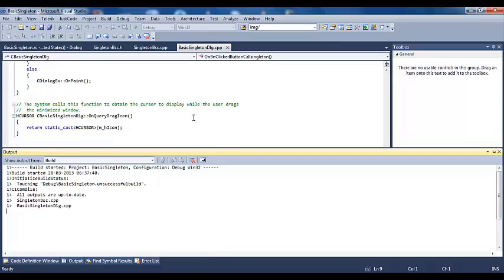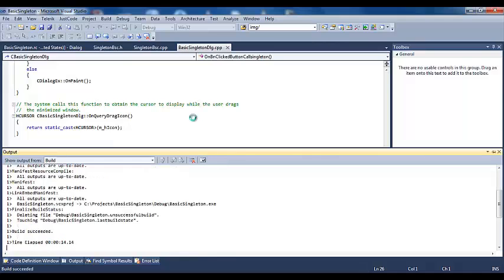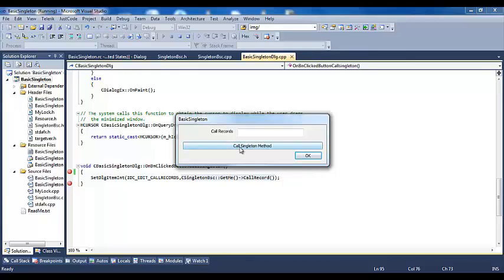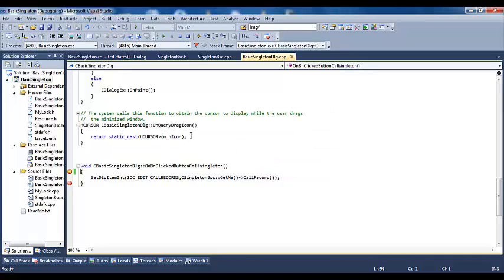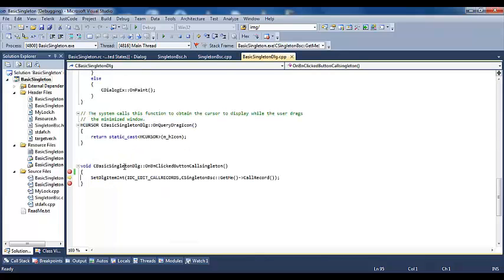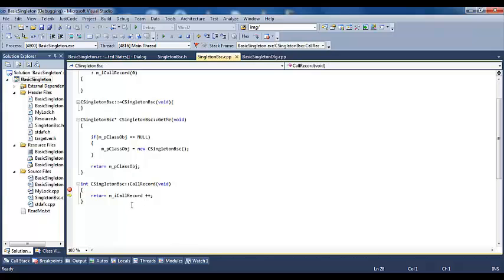My machine is kind of slow. See, I'm going to press call singleton method, F10, F11. See, my class object is null, so it's going to provide its memory, it's already provided, and it's returned by my MP class object. F11 again, mi call record is 0, it's going to return 0, and after this post increment to number 1, and you will see